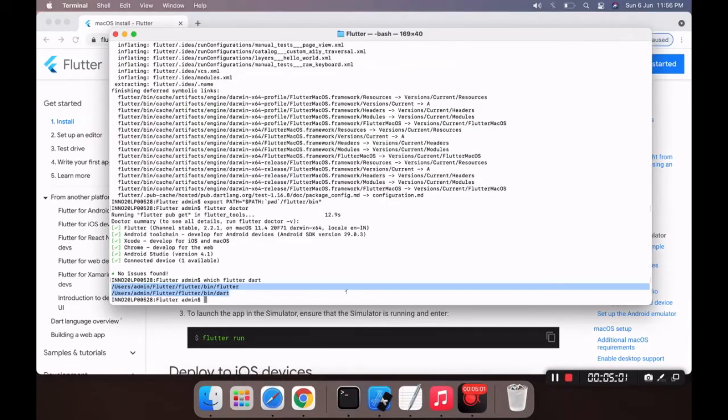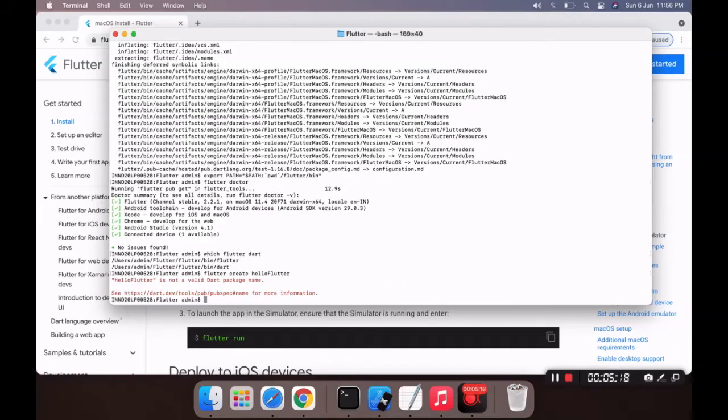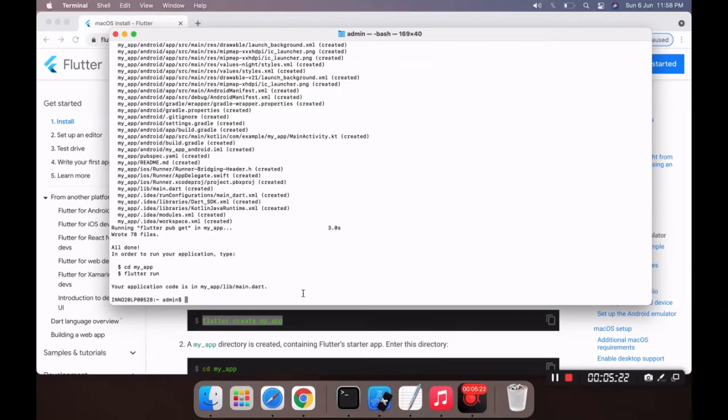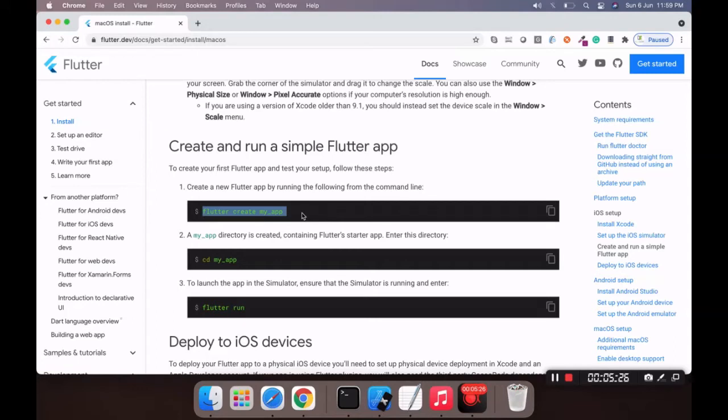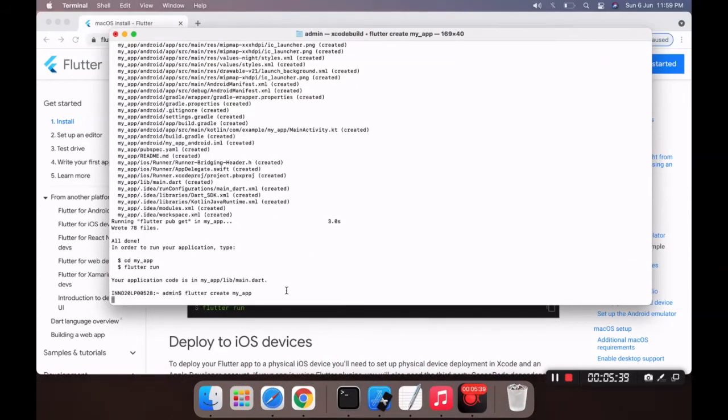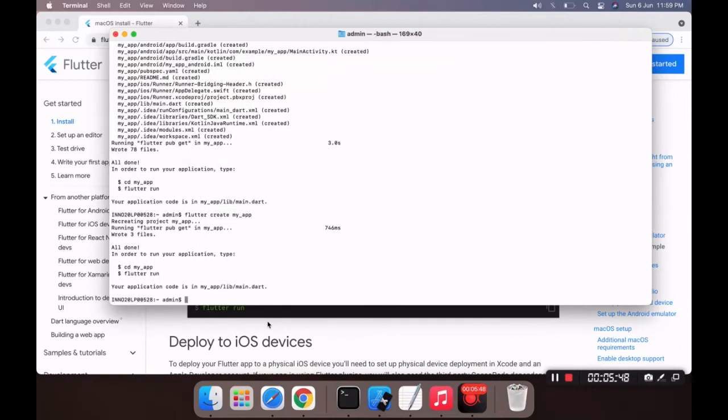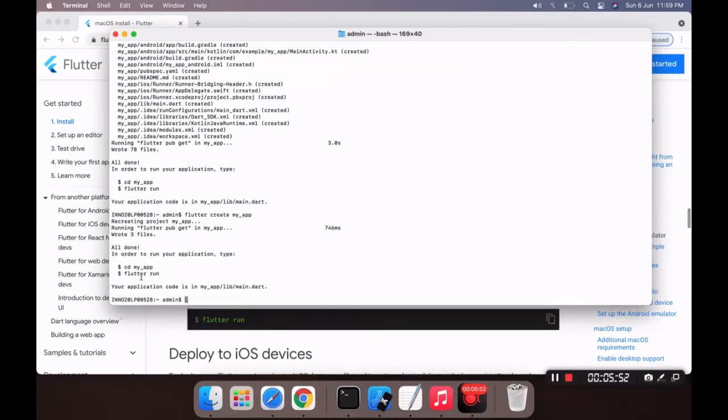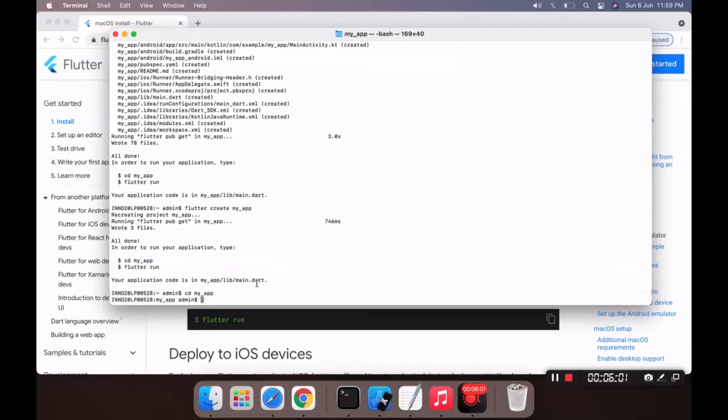So just type the command. Now move to your my app folder with cd. And then run your Flutter app.